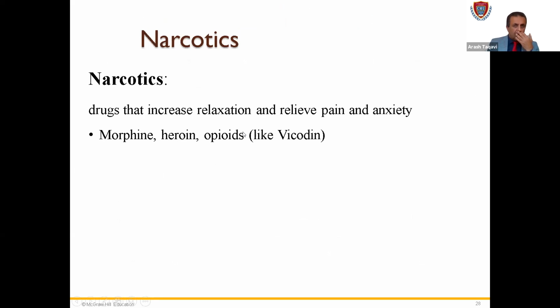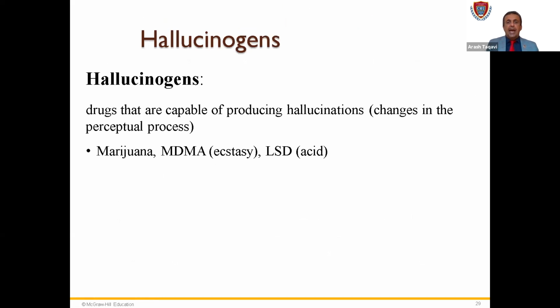Also, narcotics, drugs that increase relaxation and relieve pain and anxiety. The most important narcotics are morphine, heroin, and opioids like Vicodin. And hallucinogens, the last categorization of the drugs for substance abuse or drug abuse, are drugs that are capable of producing hallucinations, changes in the perceptual process, especially visual or auditory hallucination, very rarely in your tactile system, in touching,